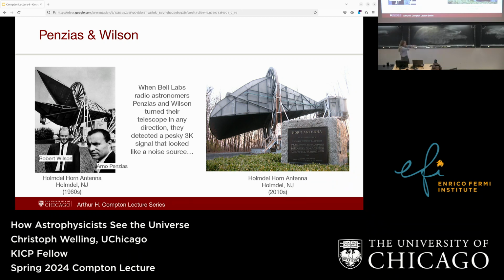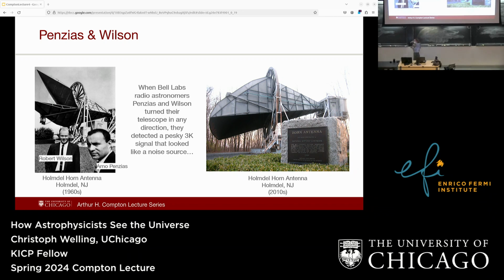So it was used to observe all throughout the sky. And it's tuned to a 3 Kelvin signal. It's tuned to a microwave signal, and it picked up 3 Kelvin. So that's a power, that's how much the amount of signal there was. And that's kind of a small amount of signal.